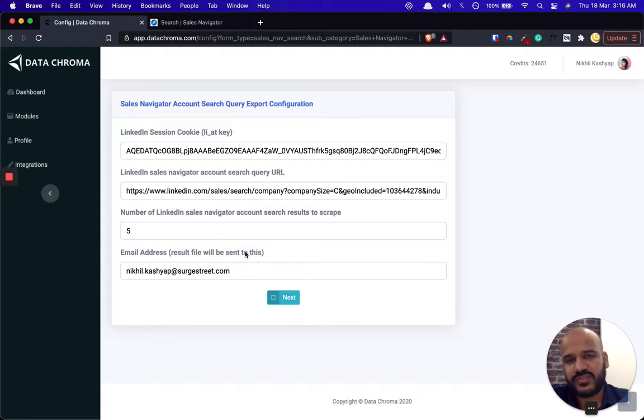So if you configure this module here and then you close the platform, you'll find this result file attached to the email, and it would be sent to this particular email address. So you can change this email address. By default, it will pick up the email address with which the account was created on Data Chroma. So to proceed, let's click on next,